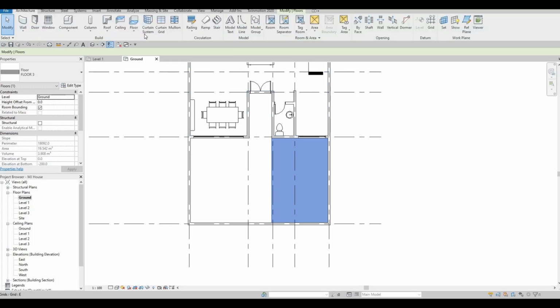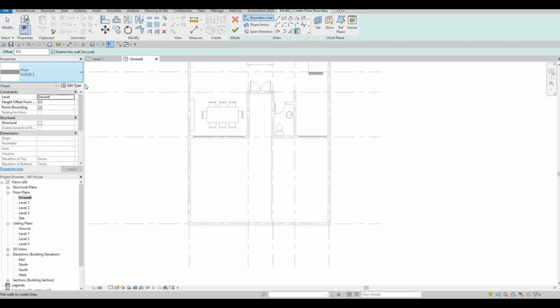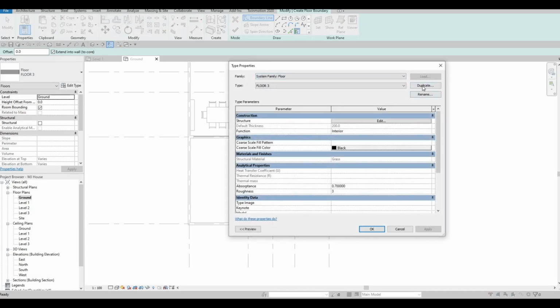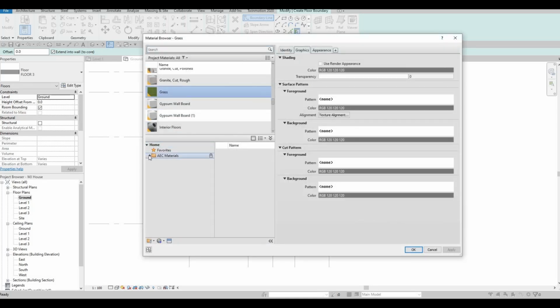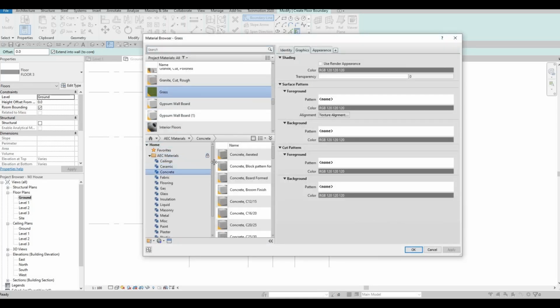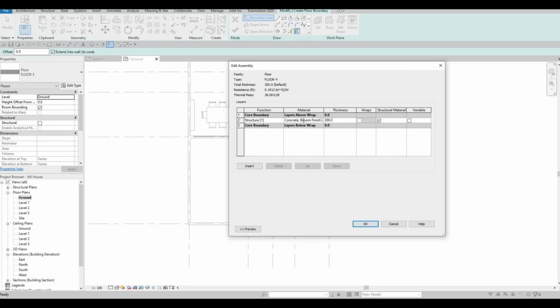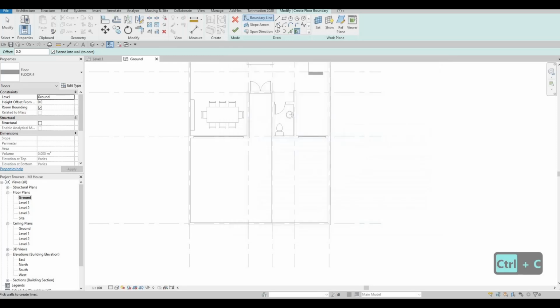So now let's go back to architecture, click on floor, edit. We're going to add another floor, duplicate this. This will be number 4, and we need to remember the concrete that we're gonna use here. So concrete, and then we could use maybe broom finish so that it's easier to copy and easy to remember. So I'm gonna Control A and then Control C so that I could copy that later on, because this one